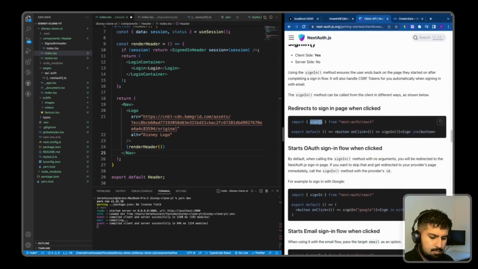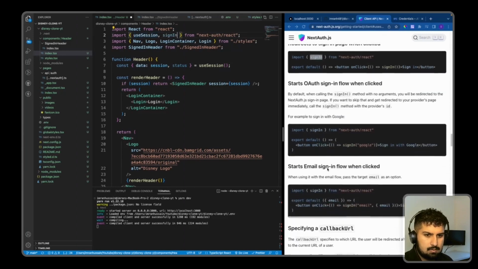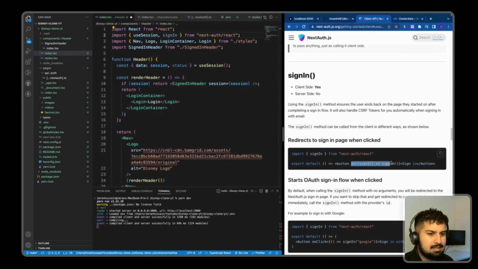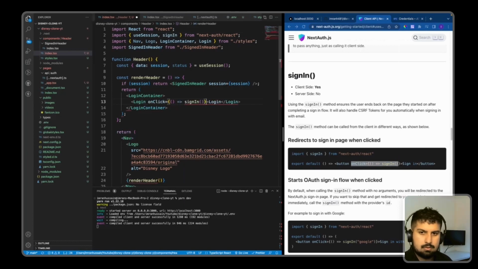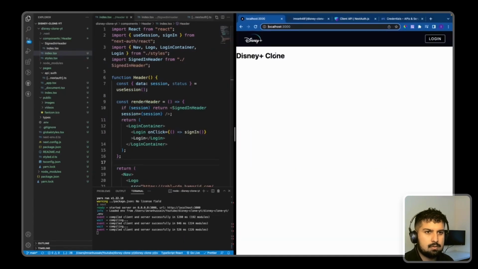So if I import sign in from NextAuth React, and also if I import sign out, which is a bit further down, then all you need to do is add an on click on there to say sign in. So ours is the login. So if we paste that in, close that off,